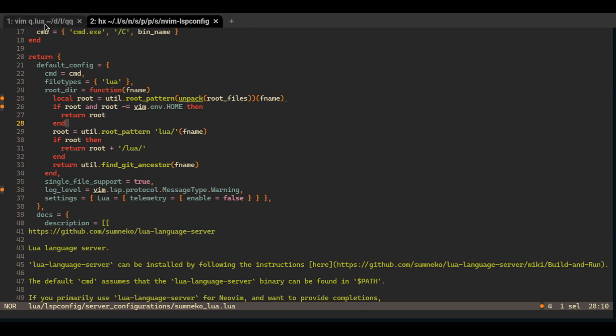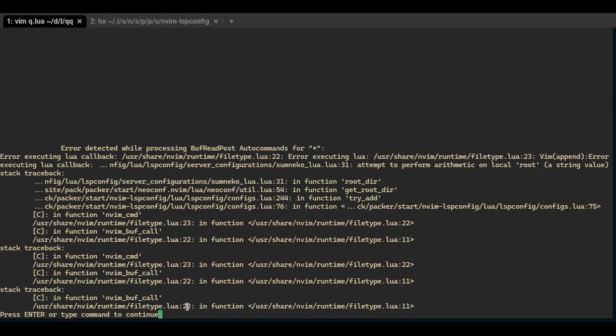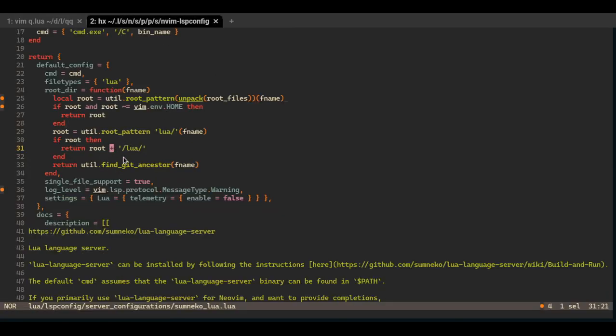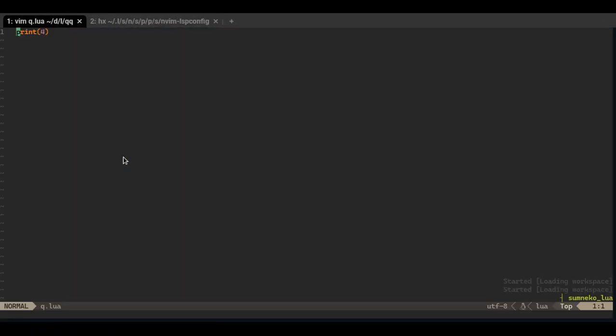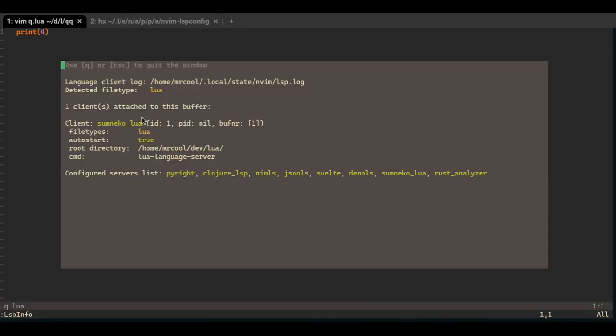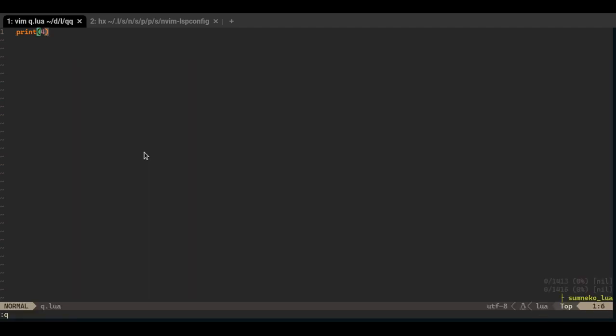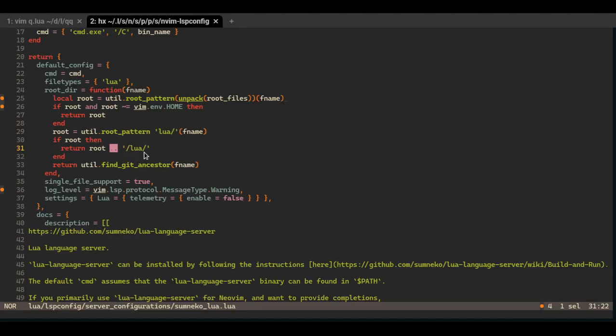Okay, let's try it. We have errors. File type. Let me just check. Okay, that's how Lua works. I think it's like this. Okay, let's try this. And bam, we have Lua. I think this is more correct. Not sure. Okay, so now